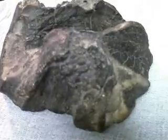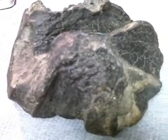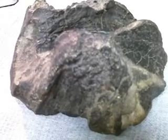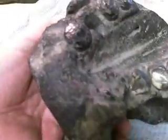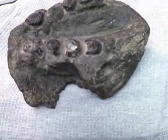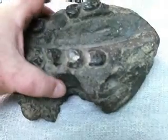Well, good evening, everybody. This is a silver contest, and this is for an eagle. Not a Morgan, but an eagle. And this is for the first person that can tell me with authority. I don't want a bunch of stupid guesses, people just throwing names out there. But if someone can tell me just what this is, and all I can tell you is that all I